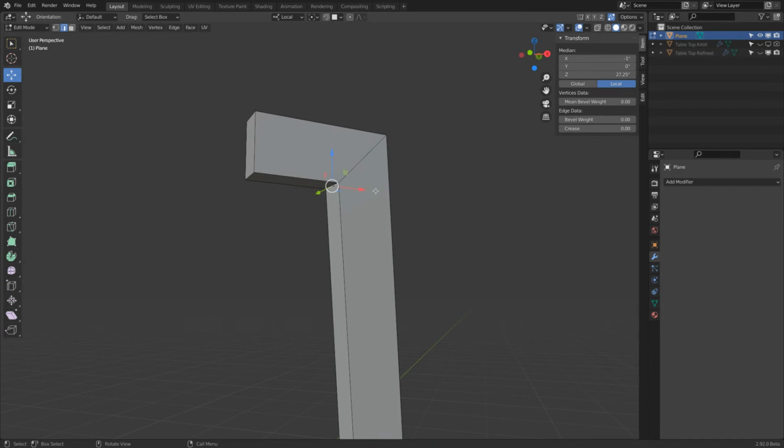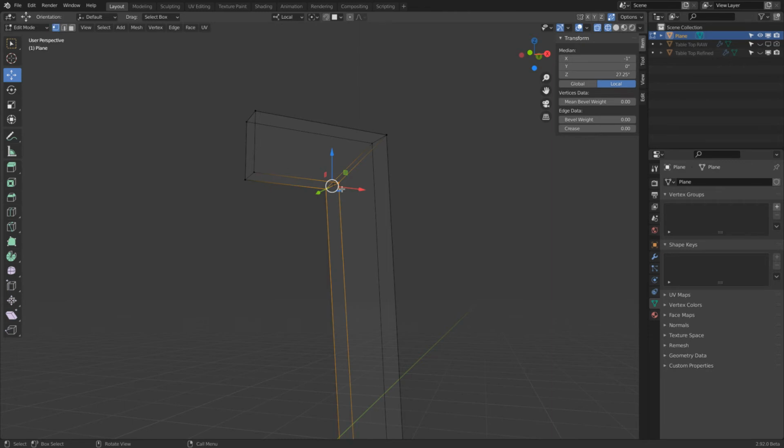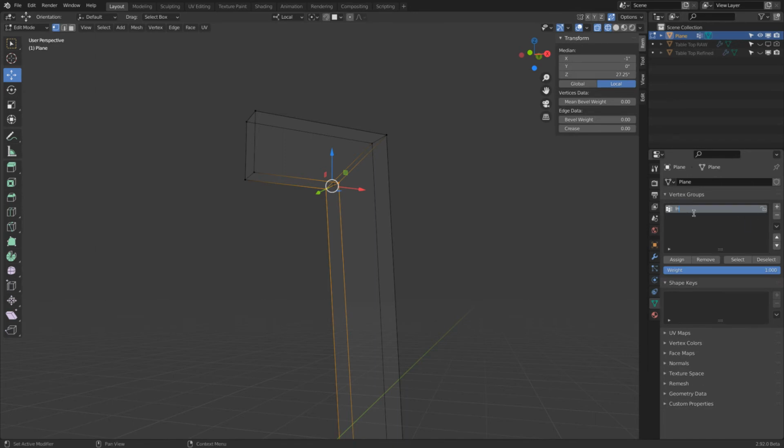So we can select this edge, and I will show you now, in contrast to bevel weight, another method of how we can associate edges or points to the bevel command. So this edge is selected, and then I will go to the object data, which is kind of like the mesh. Vertex group. A vertex is actually just a point. So these points are selected. You see I went to point select. I click plus, double click, inner